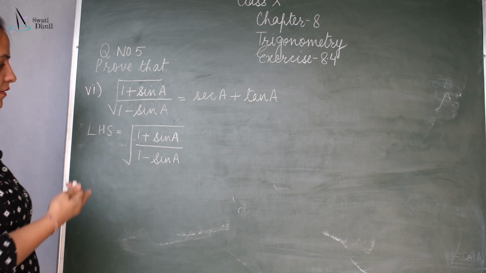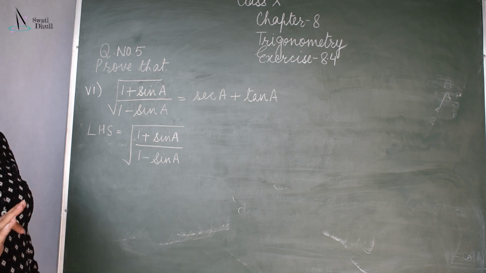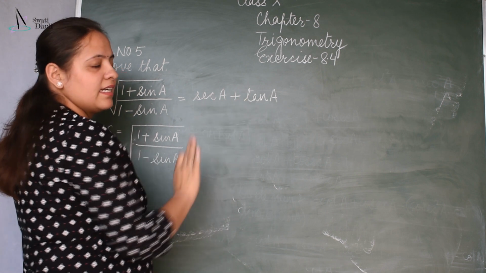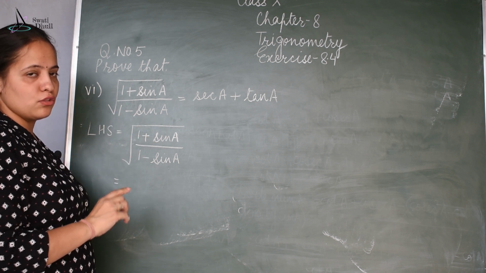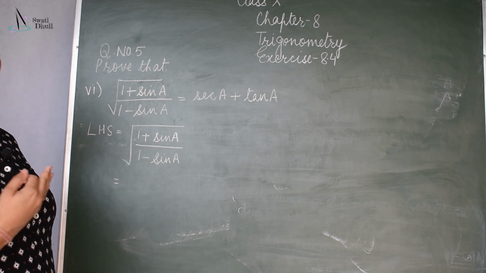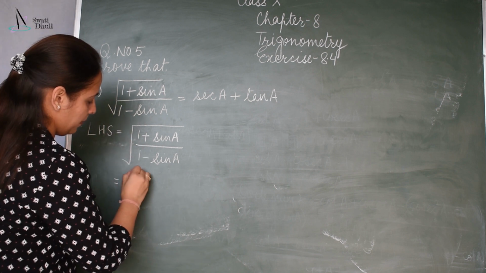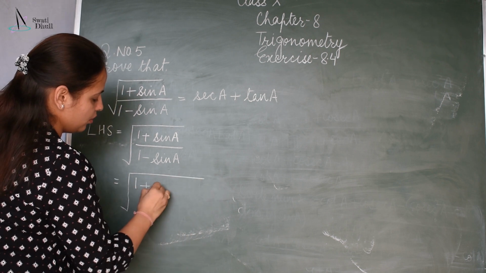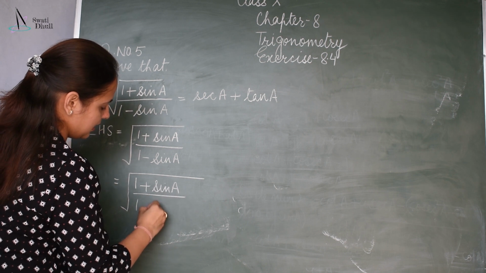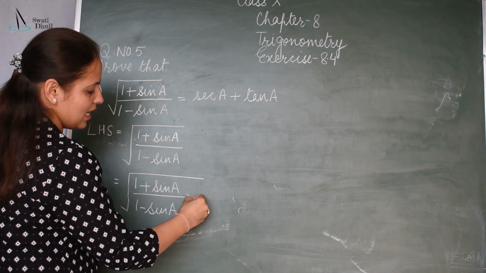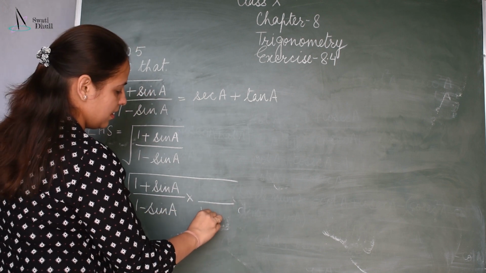Again, you are given that LHS is in the T ratio of sine only. Now what I need is secant and tan. So what I will do here is, when there is a square root given, first of all you need to remove this square root. So how can I remove this square root? By rationalization. So inside the square root, we will rationalize. We have to multiply by its conjugate, that is 1 plus sin A,